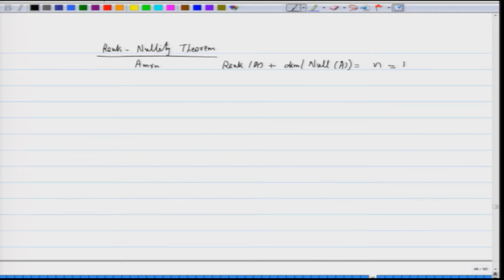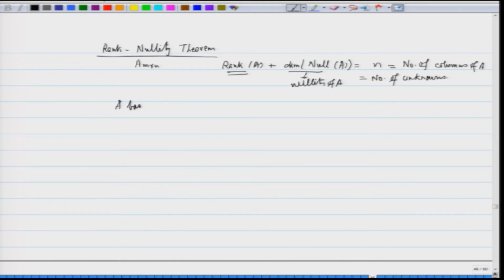n is the number of columns of A, or which was the number of unknowns or variables. All right. So, this was called nullity of A, and this by definition itself is a rank. Fine. So, this is what the idea was, and to prove it, the idea was that you start with a